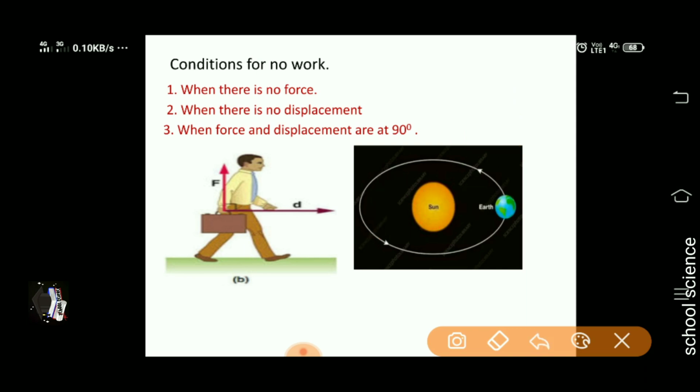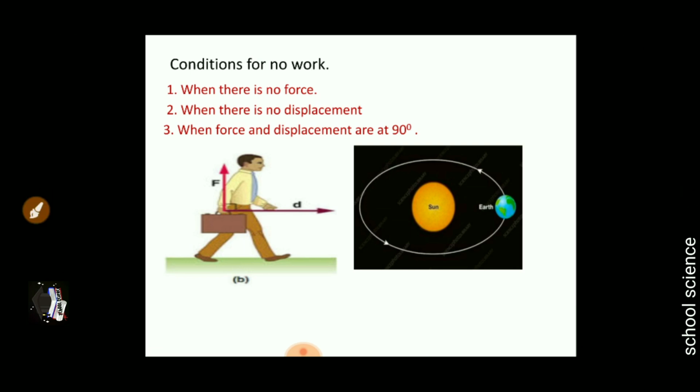As I said earlier, in detail we will learn this in higher classes, but for the time being, what we should understand is, if the force and displacement are at 90 degrees, the work done is 0. You'll be asked to write down a few examples when there is no work. You can say a person carrying a bag and walking on a horizontal platform, or you can also say revolution of earth around the sun, or you can also say movement of moon around the earth, okay? In all these cases no work is being done. All right,